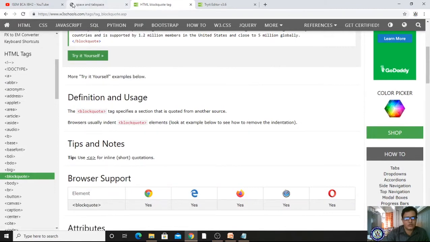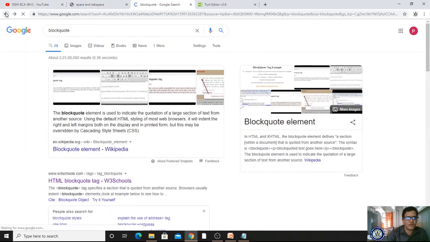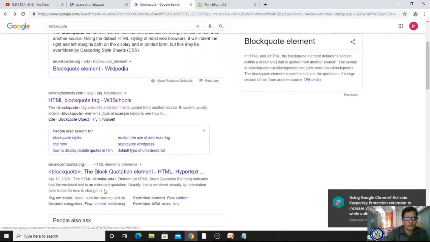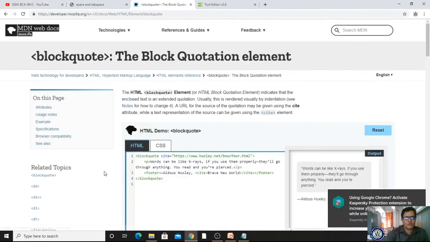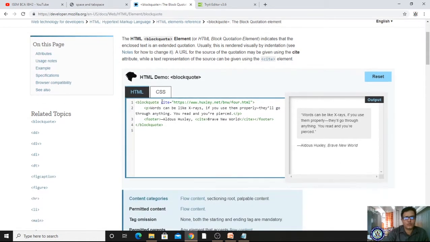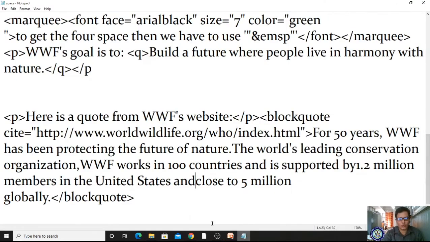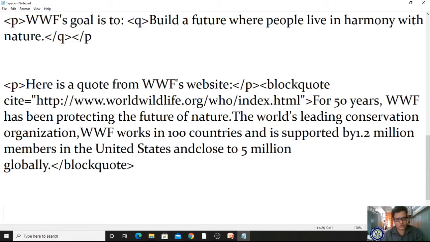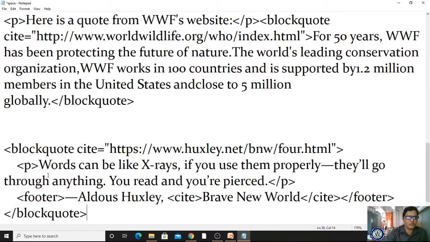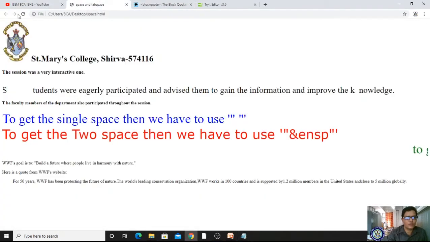Or else if you want to learn it from another site, that is also there. Let me check what will happen. You are supposed to give the citation code, and based on that citation code it will work. I'm copying this citation. Citation is a must for blockquote. I'm opening here and giving it here; cite is the attribute of blockquote. I'm saving. Let me run it in my browser. This is our program, right? I'm refreshing. I'm getting the block quote.